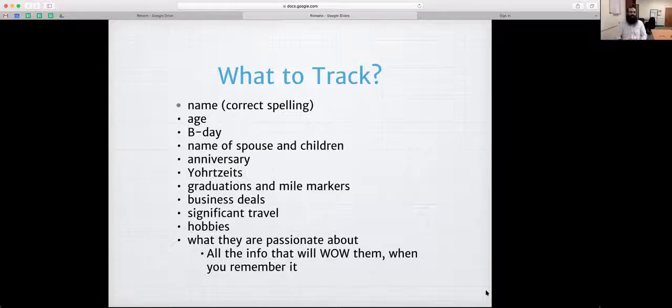Shmuley, can I interject a couple of ideas that came to mind real quick? Go ahead, please. So first off, regarding the name, I want to say that the correct spelling, it's obvious, but it's so important you wrote it. I can't tell you how many times I've done data migrations or did support for someone and I see that the names don't have proper spelling,